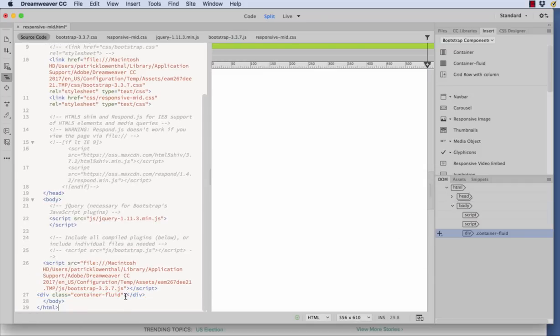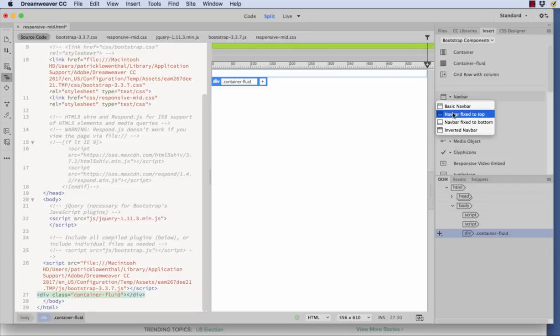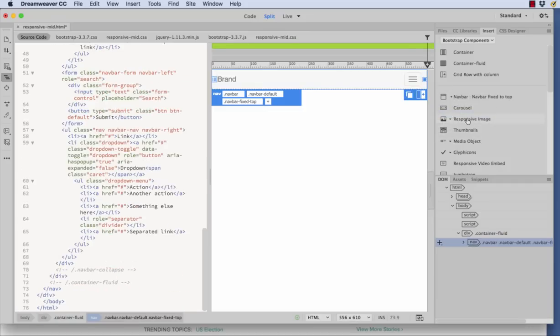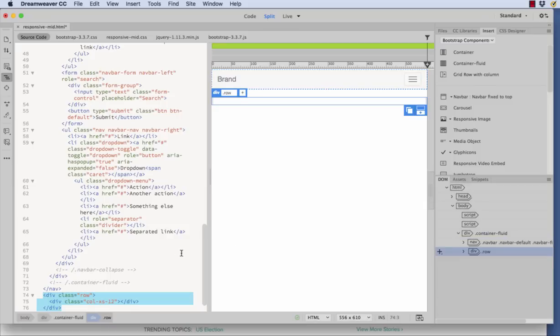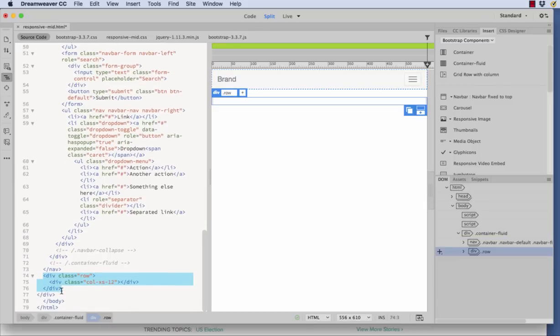And I'm going to put my cursor down in the middle of this. The first thing I'm going to do is a navbar, and I'm going to do navbar fixed to top. So next I'm going to do grid row with column, and I only want one column, and I want this nested. I'm going to hit OK. And nested just means it's going to be in my container, but it's going to be after my